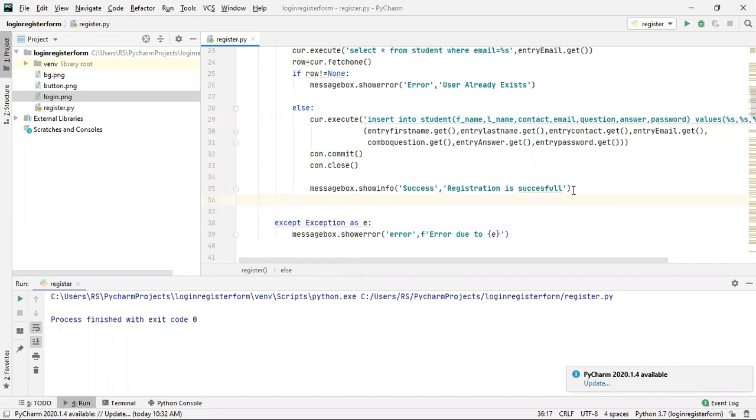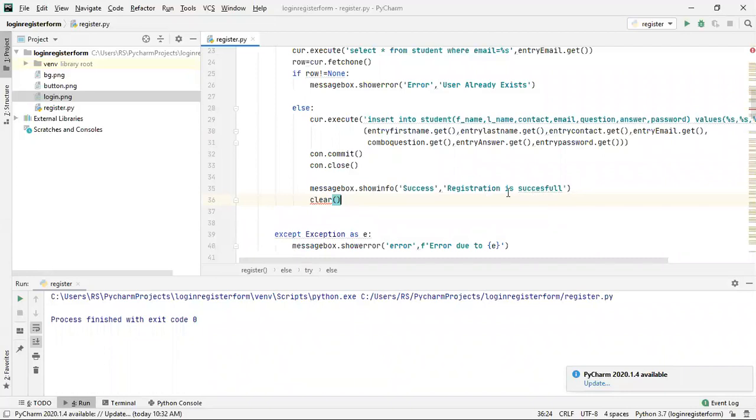Let me create a separate function for clear. I'll simply call the clear function from here. That function will clear everything, which is why I'm calling it at this position.